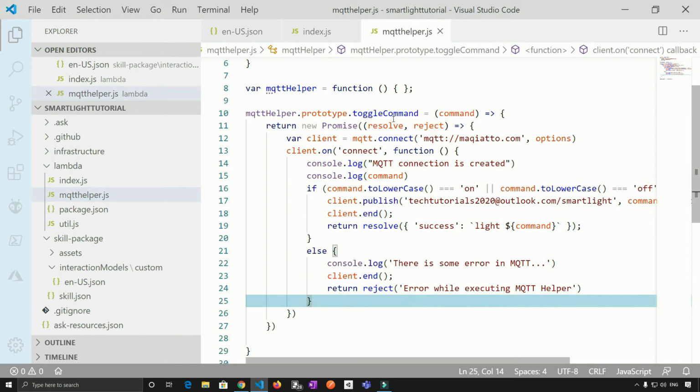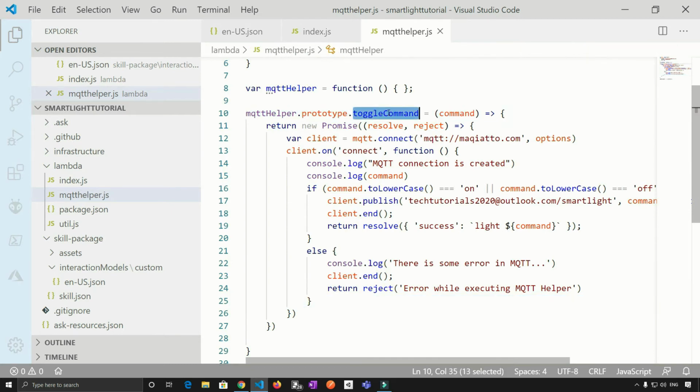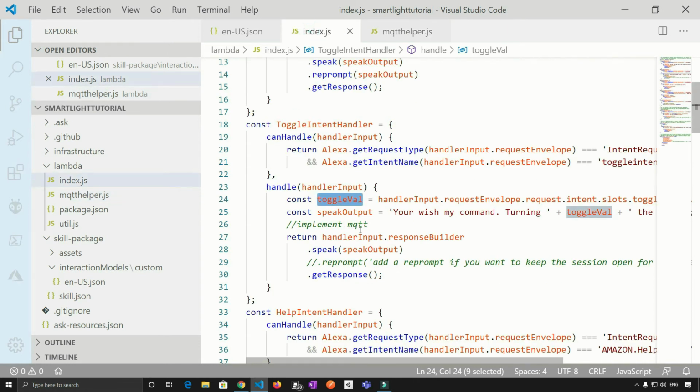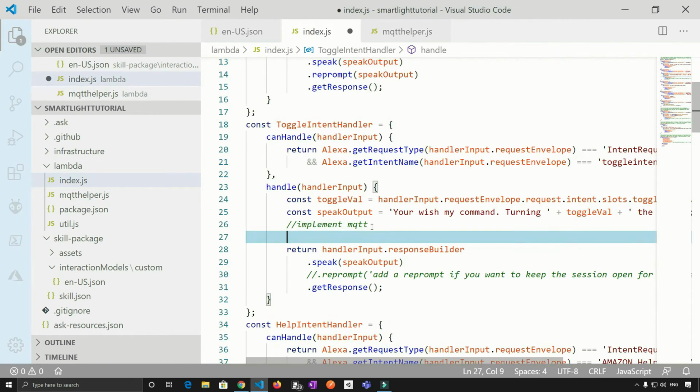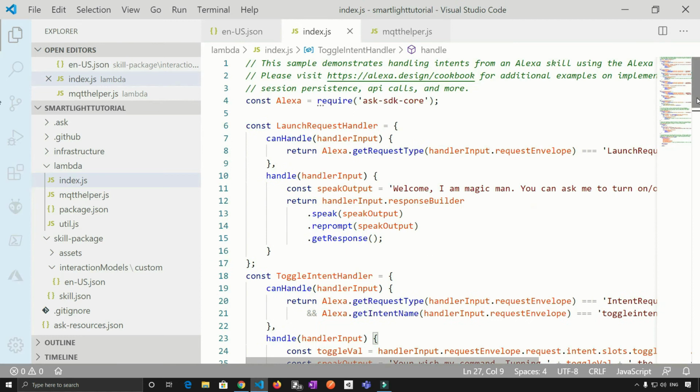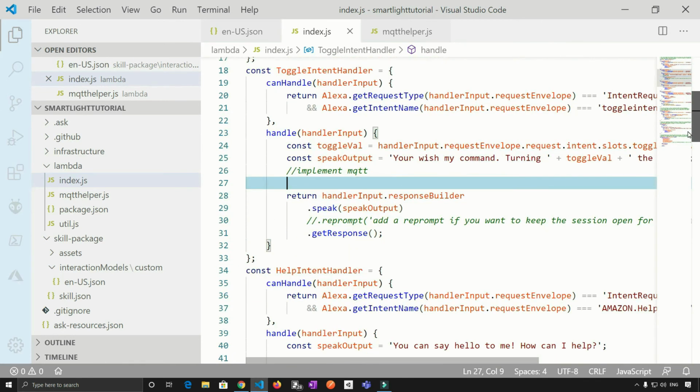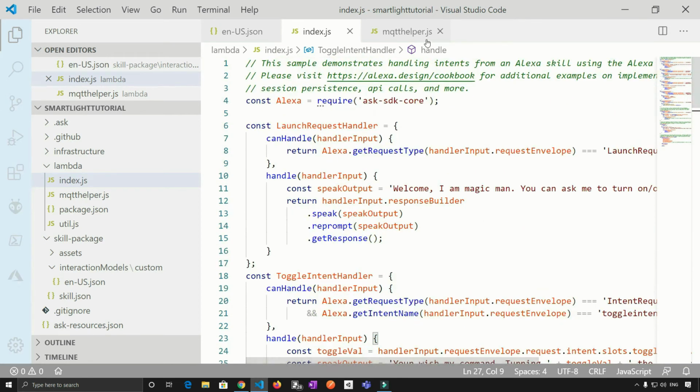So now this particular method, which is toggle command, we need to call here, right here, and as a parameter we will pass the toggle value, which will be either on or off. So before calling the method, here we need to call the MQTT helper.js.